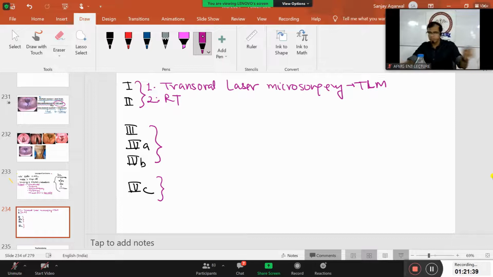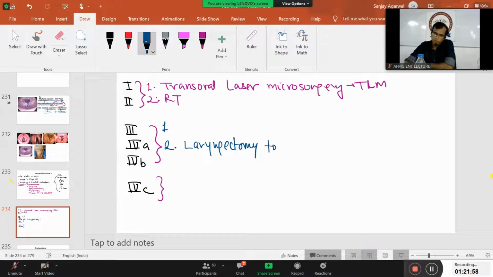Stage 3, 4 and 4B. Again, we have two options. Once again, the same problem. If you read your books, most of the books will tell you laryngectomy, which is surgery, followed by radiotherapy. But once again, this was the best answer. It is not anymore. So which is the better answer now? The better answer is